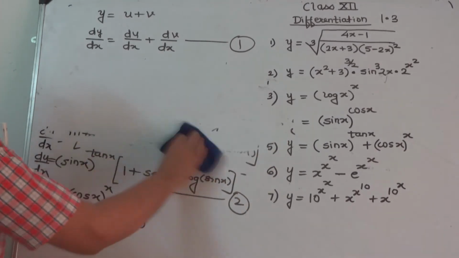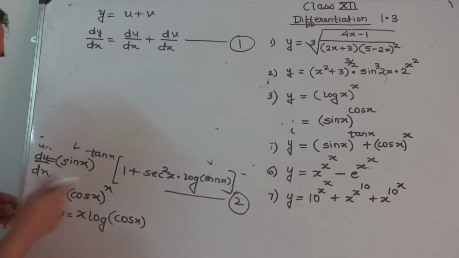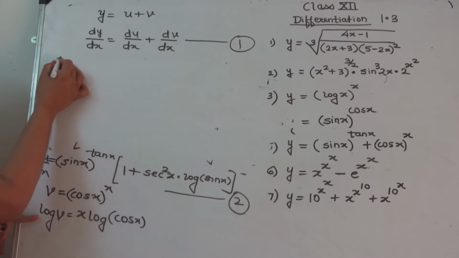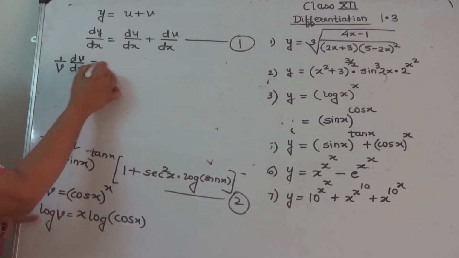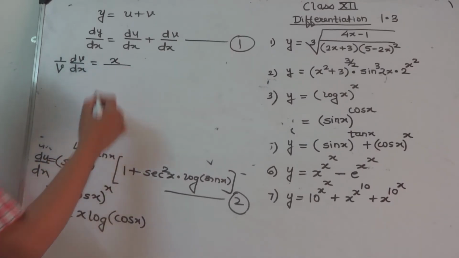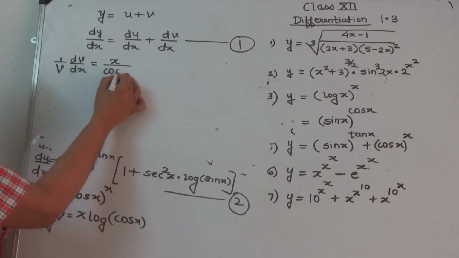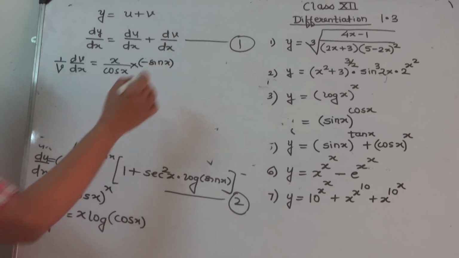We try to solve this one. Let us see what do we get. Differentiate with respect to x. So 1 upon v dv by dx equal to product rule, x, derivative of log x is 1 upon, in place of x we have cos x, chain rule derivative of cos x is minus sin x,